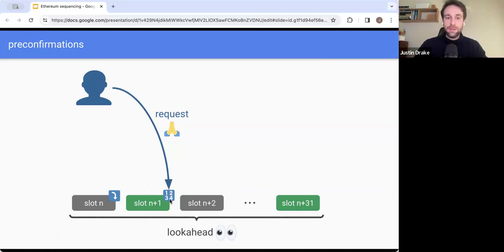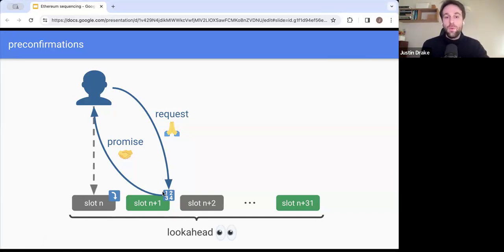And then the sequencer responds with a promise to have that transaction be executed in a certain way. So for example, if the transaction is a Uniswap transaction, the promise will be on the price that was paid and the exact amount of fees that was paid by the user.